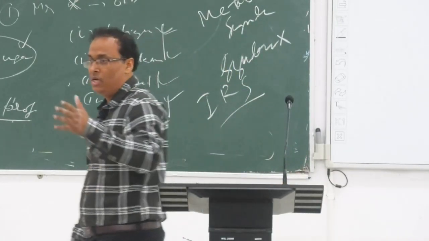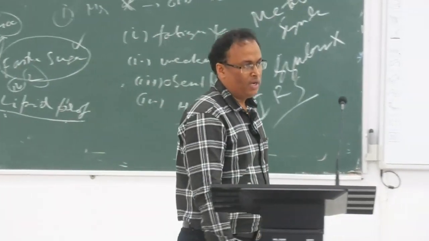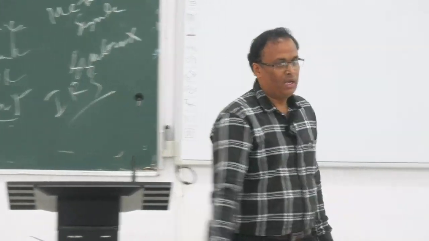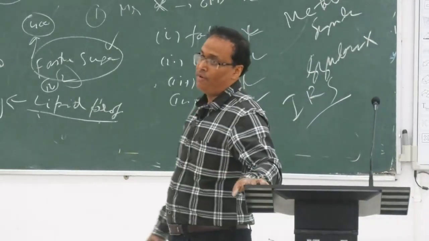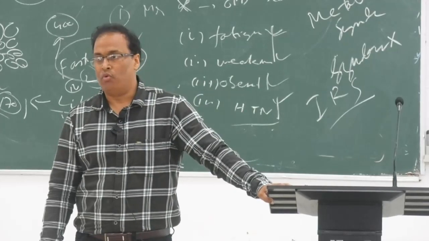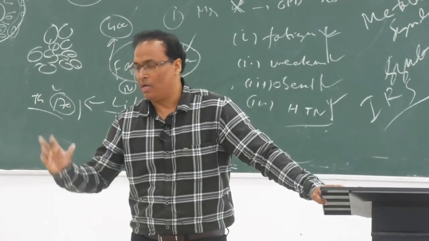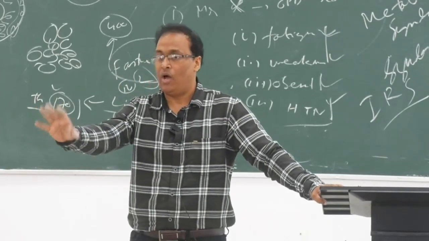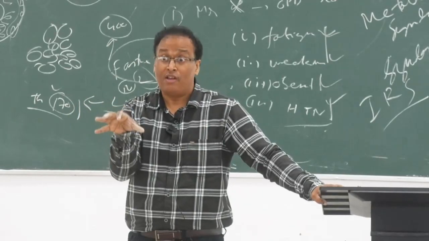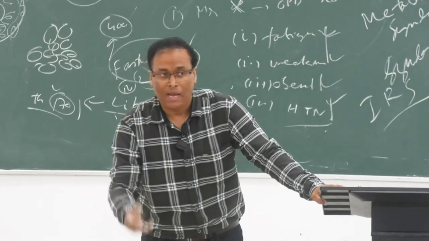HOMA-IR is done for the detection of insulin resistance. You already know the fasting sugar in mg per dl and fasting insulin in micro unit per ml, divided by 405. If it is more than 1.5, then it means insulin resistance. If it is within the 1.5 range, it's okay. Now it is okay, resistance has not developed. But in those patients also, hyperinsulinemia may happen.